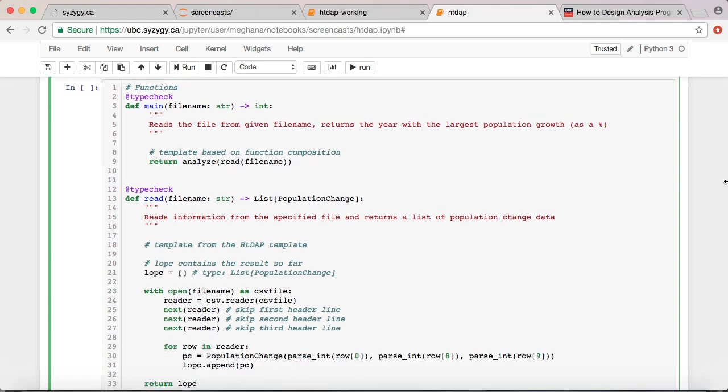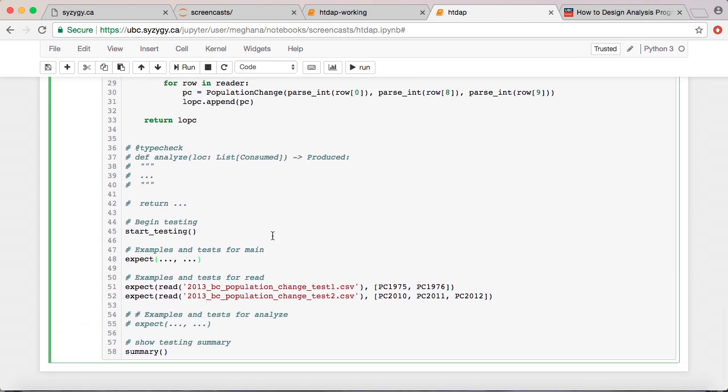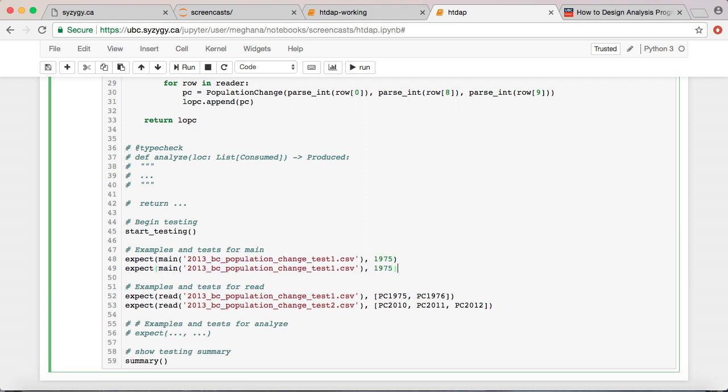Now that we've updated the signature and purpose for main, it's time to start writing the examples. As we saw when we worked on step 1c, writing the example for the program, if we wanted to use our main information file for the example, we'd have to go through the whole information file and determine the right answer. But that's the whole reason we're writing this program. So instead of doing that, when I'm writing my examples for main, I'll use my two test files. They are much smaller, and I can go look at them and determine which answer I actually expect. In this case, I know that the year with the largest population change as a percentage for my first test file was 1975, and for the second, it was 2010.